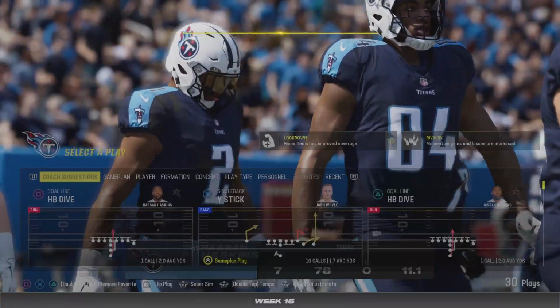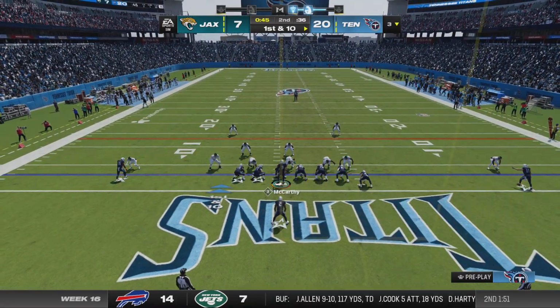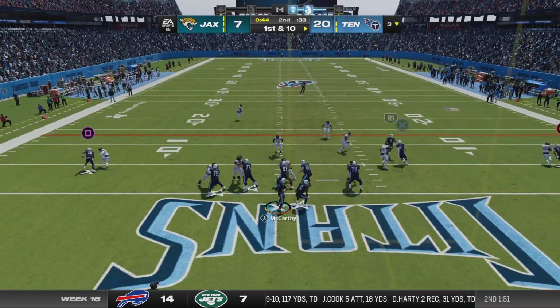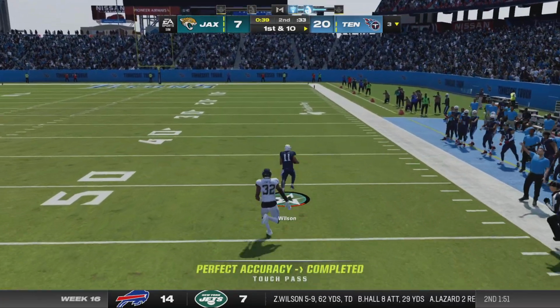Hassan Haskins set to head back out for another drive. And he's well on his way to a 100-yard game. He's already more than halfway there. We're only in the 2nd quarter. And what I've always loved about running backs is they'll tell you, I had no idea how many yards I had. Right. Those guys have...